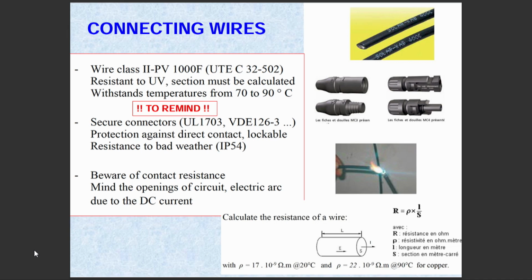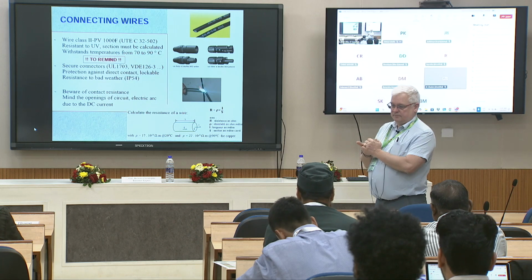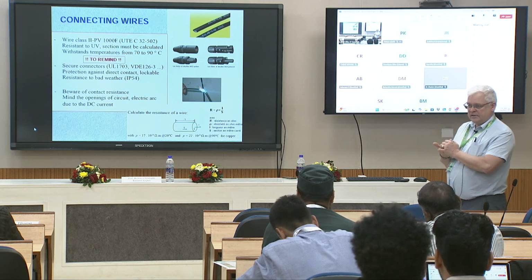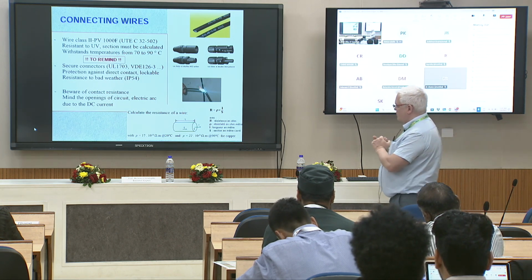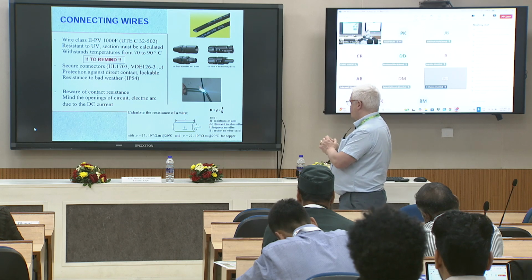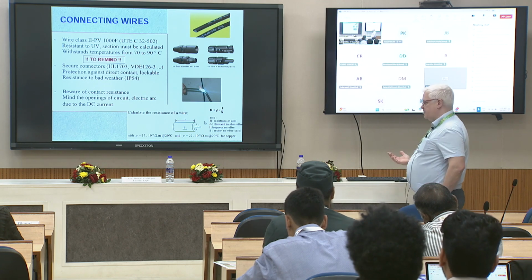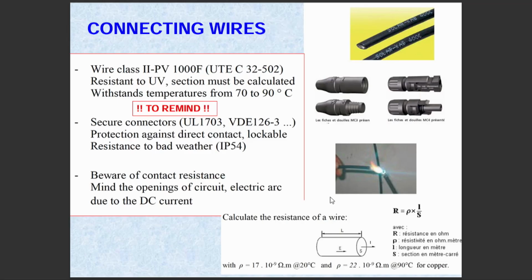The main of the current which is crossing this cable is continuous current, so you can have a high level of intensity, and if the cable are not very well designed, you can have some problem and fire problem on PV installation, for example. So of course you have to design the section of the wires that able you to transport this intensity. Okay,